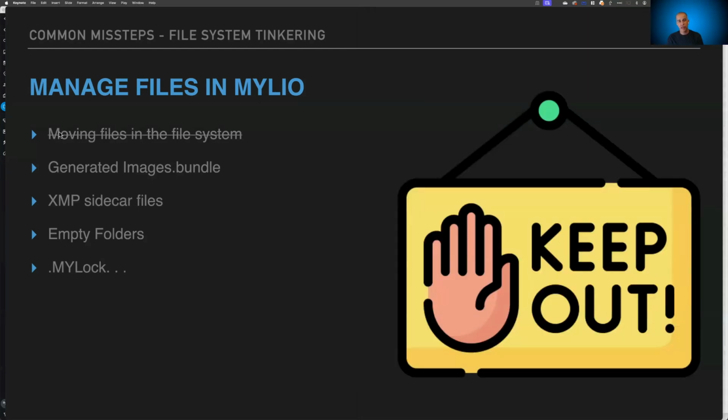So notice I said no moving files in the file system. A sidecar file is the place where Mylio puts all the metadata changes that you make to an image. So Mylio by default, or by design, I should say, is a non-destructive system. That means that we never change the original photo, the original file. We make versions of it. We make the thumbnails and the optimized images, and we track any changes that you make to that image in Mylio,